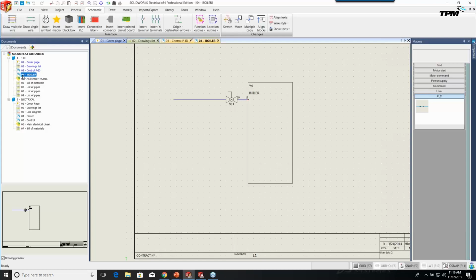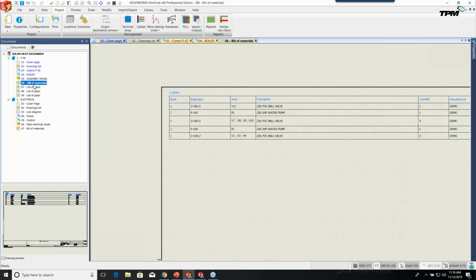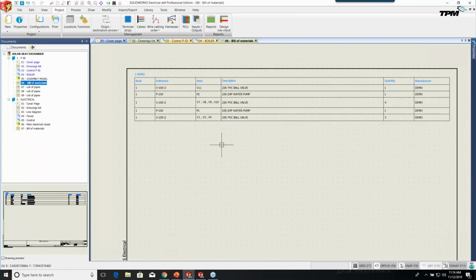As we get into the boiler P&ID, we can start to break these out. Again, I would just encourage you to keep an open mind of what this folder structure would look like for you. It does change at each company, and we can adjust it, but it's a tool we use to help you organize things so you can find this stuff. I went ahead and had generated a bill of material for that particular P&ID schematic. So you can see just very quickly, after I put the symbols and I ran some piping,